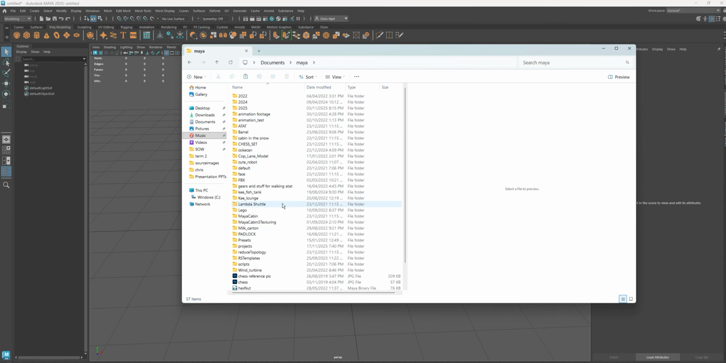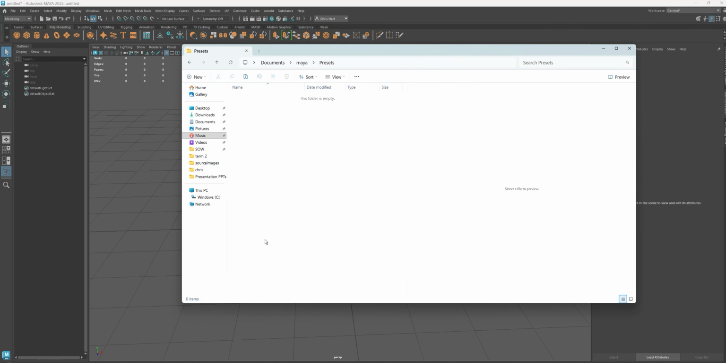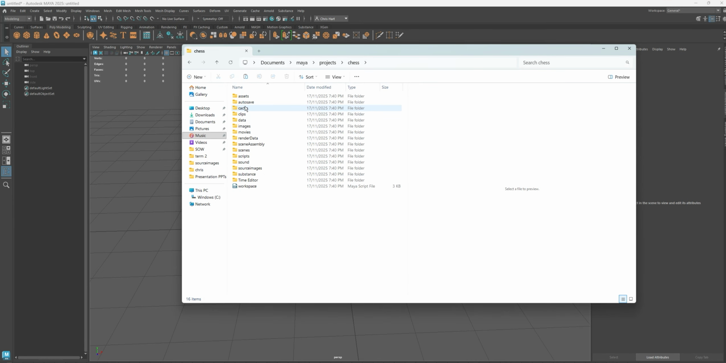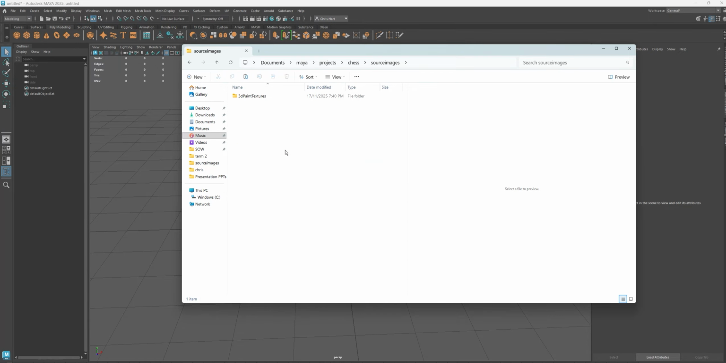By the way, when you're doing all this, trying to look through stuff, if I want P for projects, if I just type P, it will navigate to that area. It's pretty handy actually. Right, I'm just going into this chess folder that it's just made. I'm going to go into source images. I'm going to right click and paste in